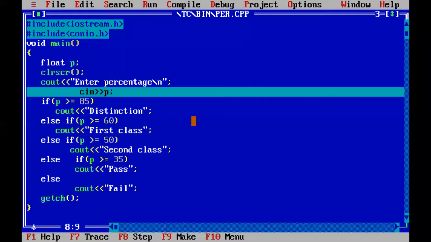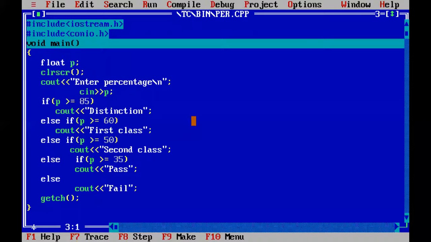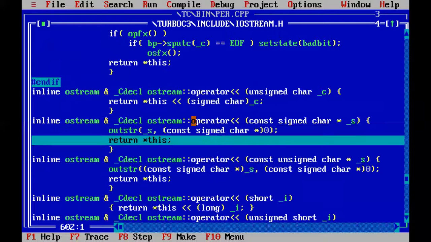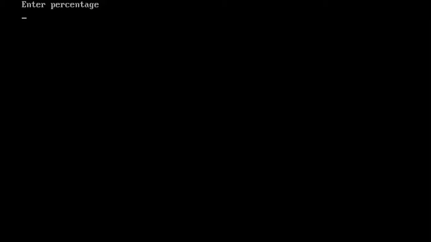When it comes to the cin statement, console input, always remember this for every program. Whenever the program control comes to the cin statement, it will be transferred to the console, that is the black screen, the output screen. Program control is in the cin statement. It will move to the console screen. Now, if I enter the value as 45, so P value is 45.